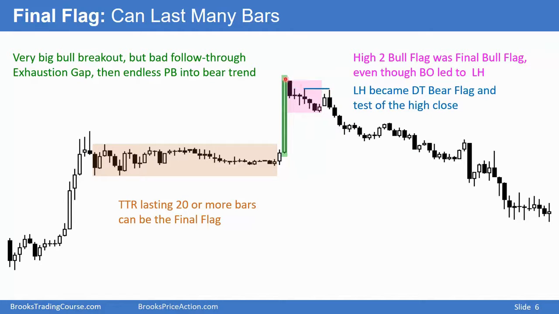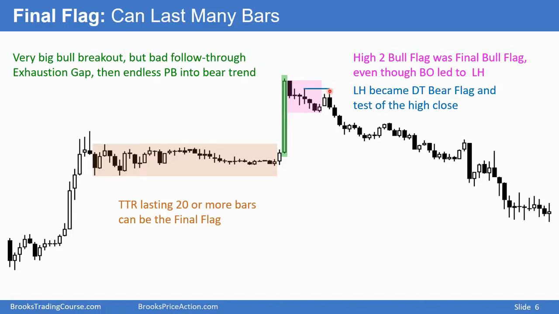Remember, when you get a big breakout bar like this, you'll have some bulls buying the close. And then they look at this bear bar and they say, uh-oh, that's not what I want. I'm disappointed. I want to get out break even. A lot of these buy the close bulls then place a limit order to get out break even. The market tried to get up there and did not let them out. And tried to get up there again and did not let them out. If you're a buy the close bull here, disappointed by this, trying to get out break even here and not filled, and then you try to get out break even again here and not filled,